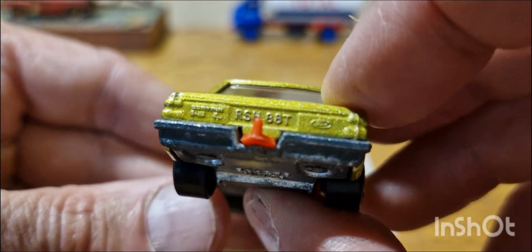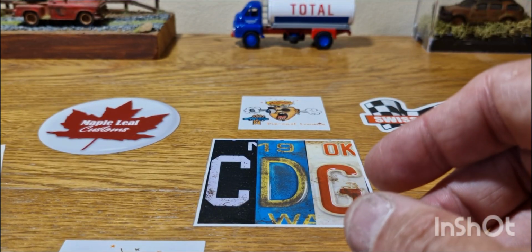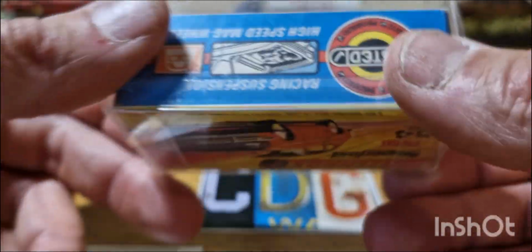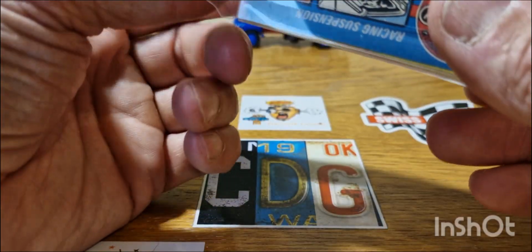So very cool. So that is that. So let's just move that to one side. That is the Ford Cortina. And then the last piece is, as I said before in a previous video, probably my favourite vintage Matchbox and one of my very favourite cars, which is hard to say when you've got so many cars, but it is this very cool Matchbox Superfast number 54 Mach 1 Capri. So let's again take out this plastic protector, as the box is pretty much mint,